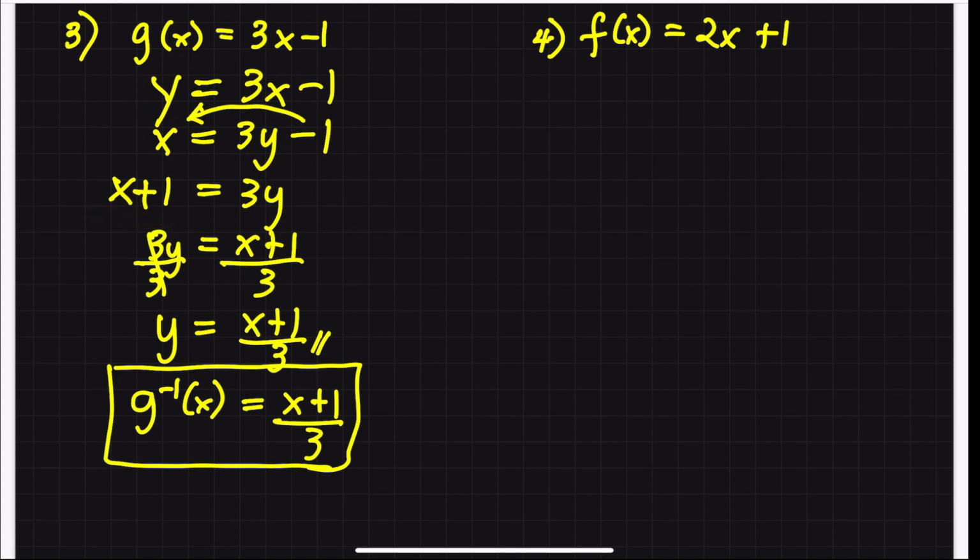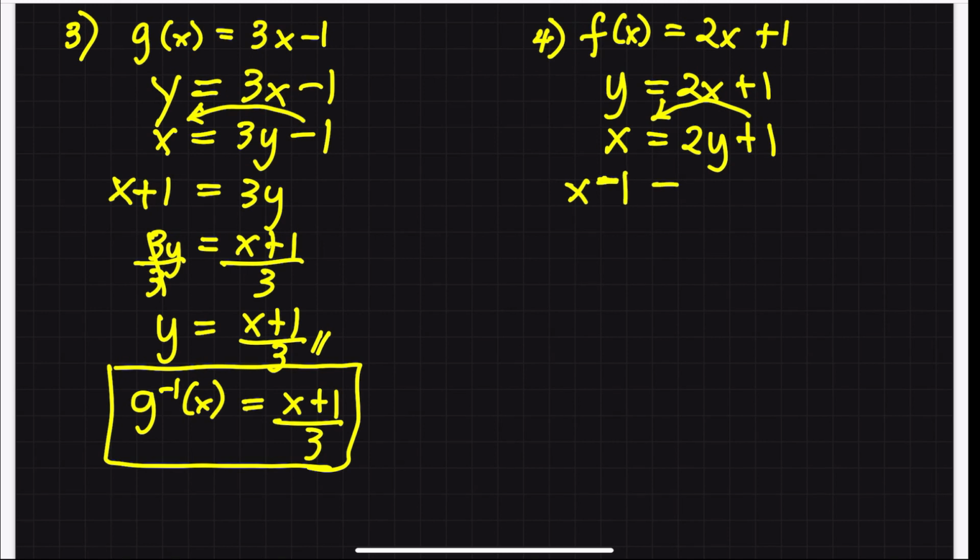Example number 4. F of x is equal to 2x plus 1. Si f of x pwede nating isulat as y. So, y is equal to 2x plus 1. Then, si x gawin natin y, si y gawin natin x. So, itong y na to magiging x equals, si x naman magiging y, 2y plus 1. Okay? Then, solve for y. So, ilipat natin yung positive 1 doon, magiging x minus 1 equals to